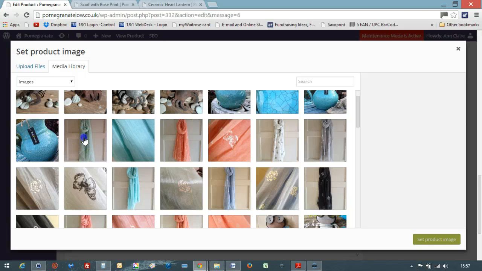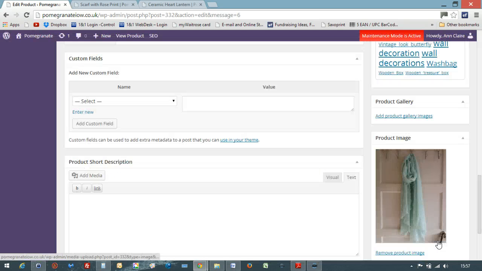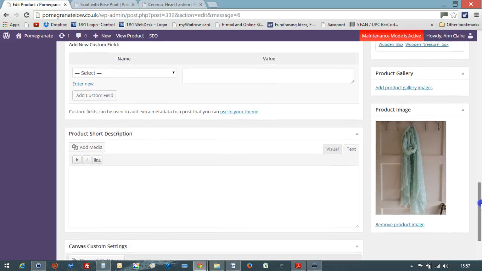I'm going to choose this one, and as you can see it comes up with scarf mint rose. Now because these scarves come in different colours, I'm going to put in alternative text that states that it is a scarf with rose print, and the description is the same. I'm going to click on set product image, and as you can see that now shows up in the product